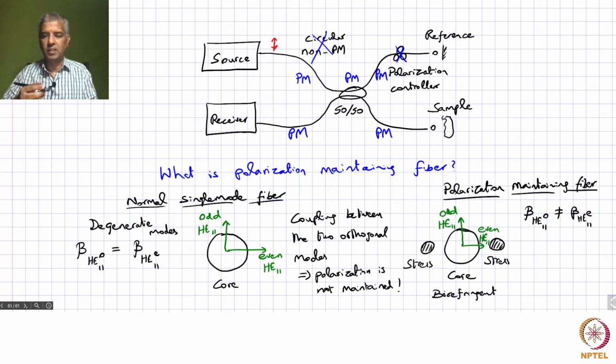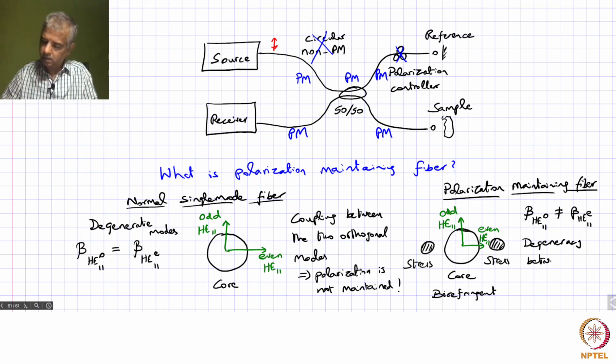So it becomes birefringent, and in a birefringent fiber, the beta is not going to be equal, and that means the degeneracy